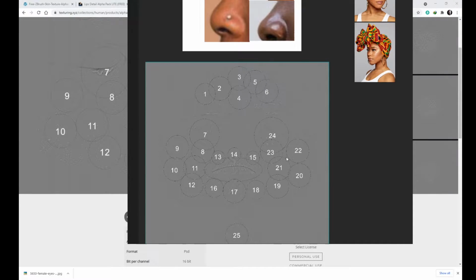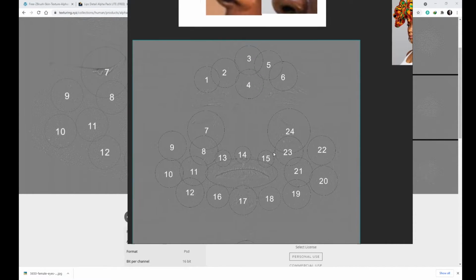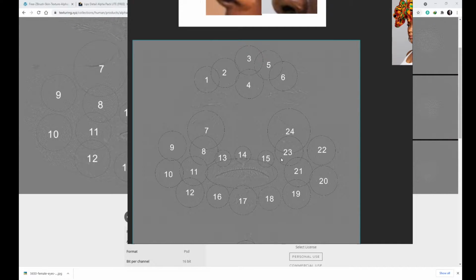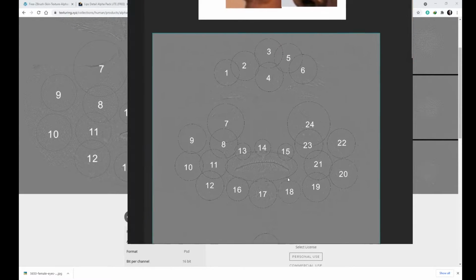There are a lot of skin detailing tutorials out there, and I just wanted to go a little bit more in depth before I go into the tutorial. And this is going to be a long tutorial, guys. Sorry, I just want to give the best possible information to you guys out there. And so this is